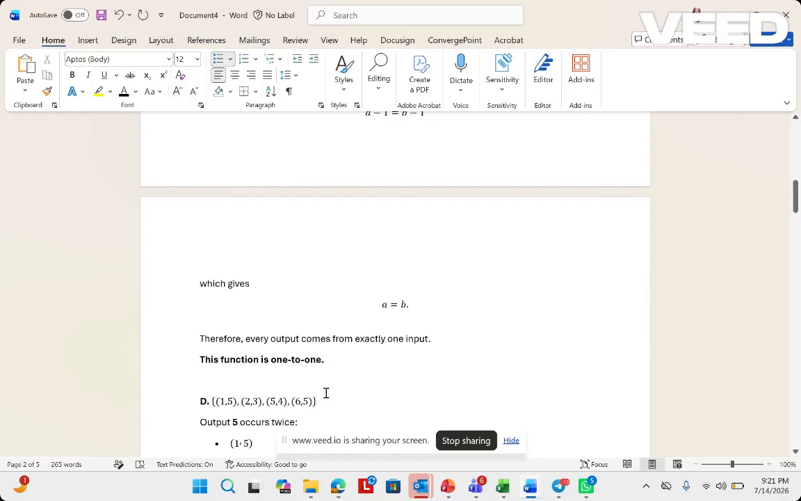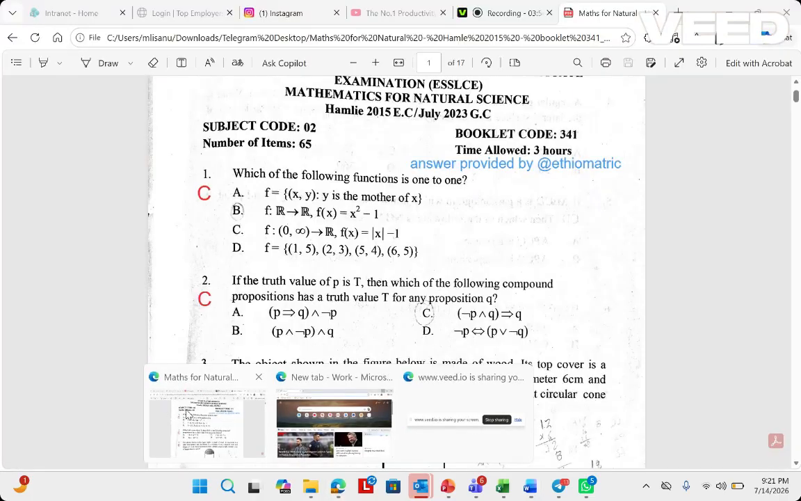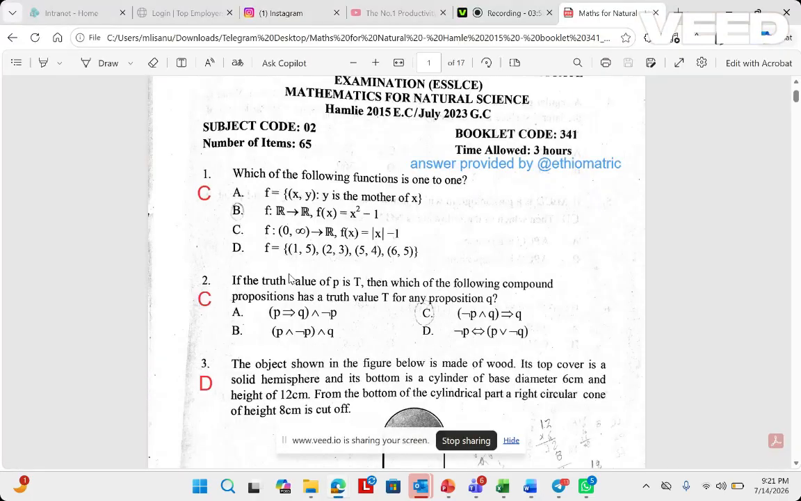So we cannot say it's one to one. So the answer is C, which is this ማለት ነው።